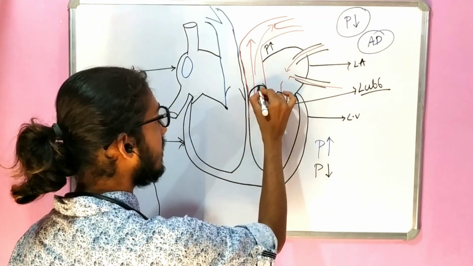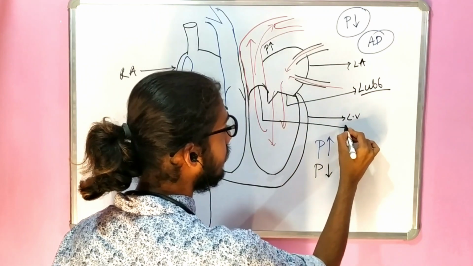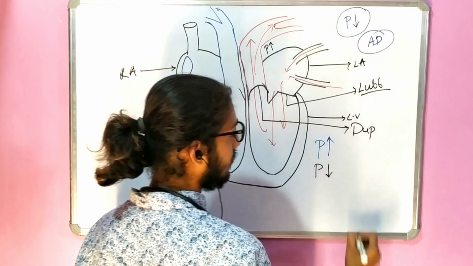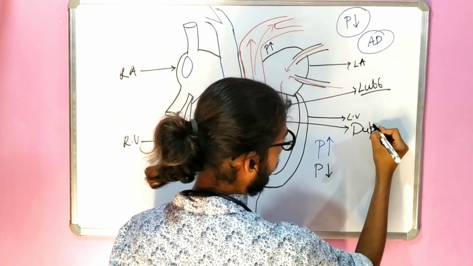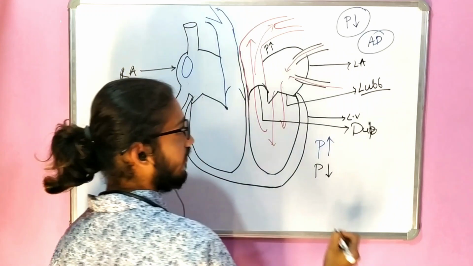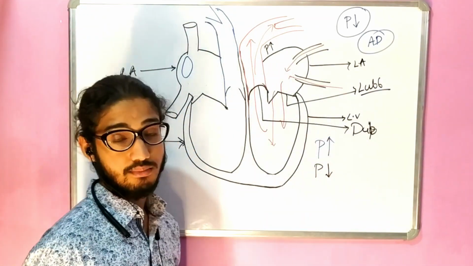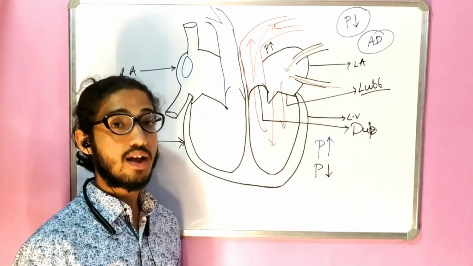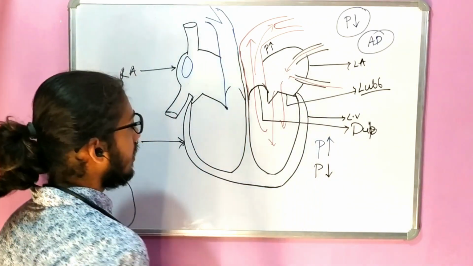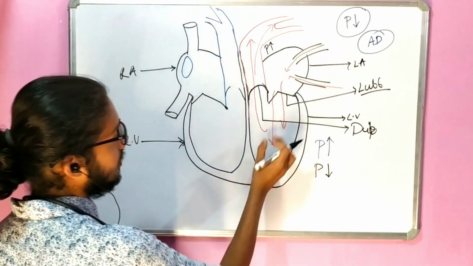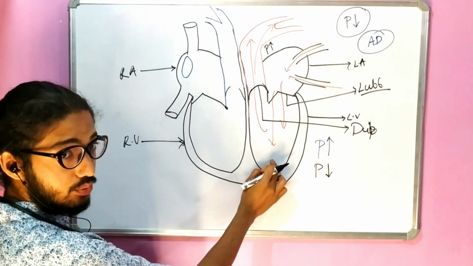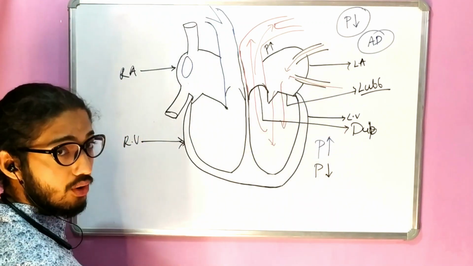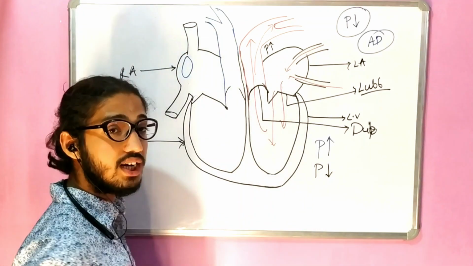The shutting down of the semilunar valve is going to produce another heart sound, which is called DUB. So the first heart sound is LUB and the second is DUB. The heart sounds produced by the closure of the valves are LUB and DUB. Okay. Now, what we need to understand here, the pressures here have reduced. Now due to the reduced pressure, the opening of the mitral or the bicuspid valve will take